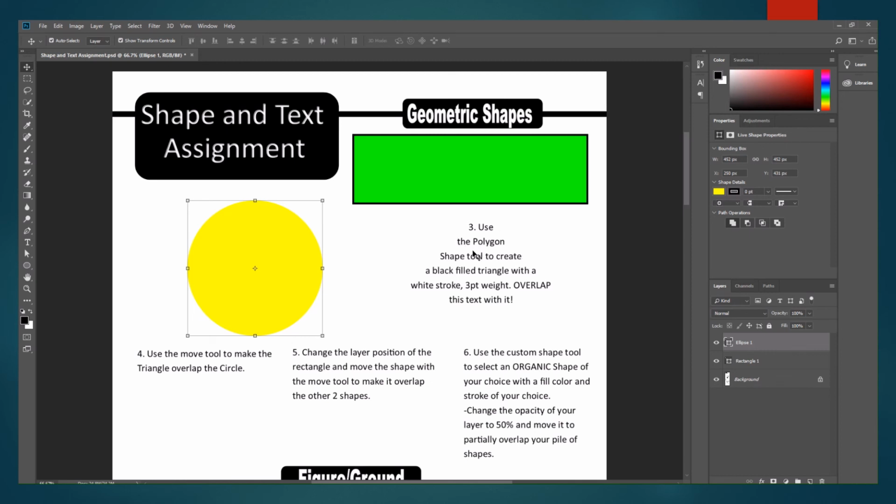Alright, the next one is the polygon shape tool to create a black filled triangle with a white stroke, 3-point weight, overlap this text with it. So we want to go back